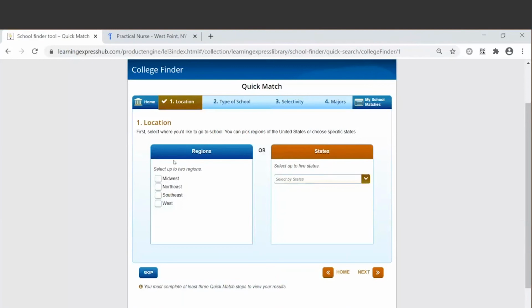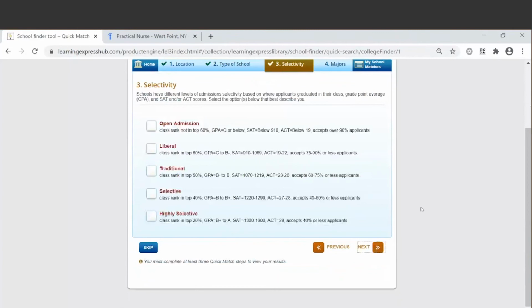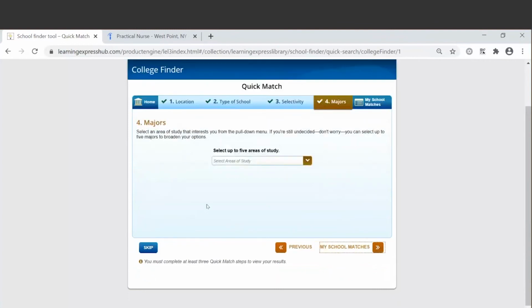we can go by your region, the type of school, selectivity, any majors.